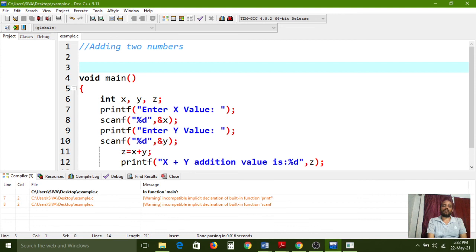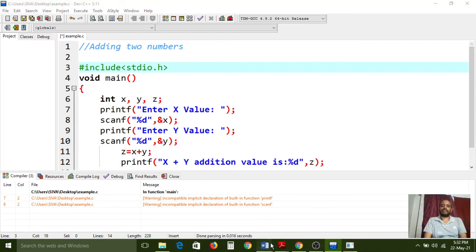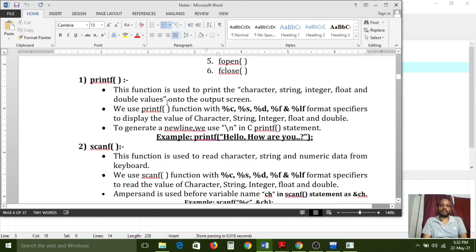Because the definitions of these two functions are available only in this header file, that definition is compulsory. That's why we need to declare the header files, and also the common files we have. The printf and scanf functions are over now. Next,